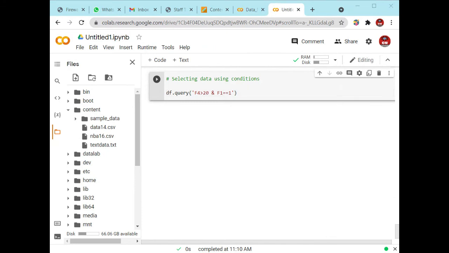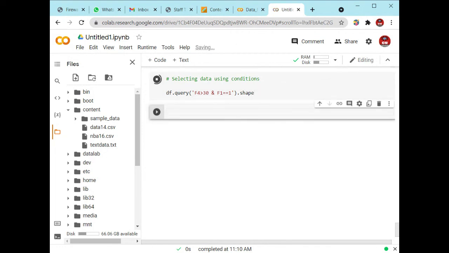Clear? So what you have to do is use the same code which I have used right here, and inside the query you have to replace the value. Use the F4 column which is greater than 30, and use the F1 column that matches 1, and then show the shape of the data.